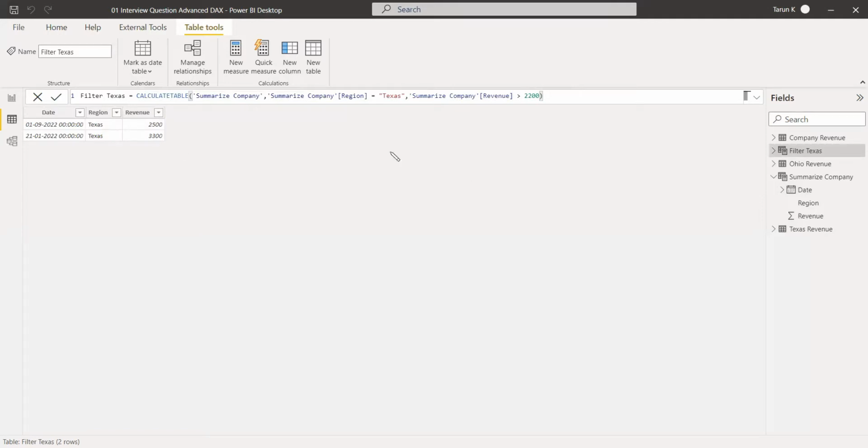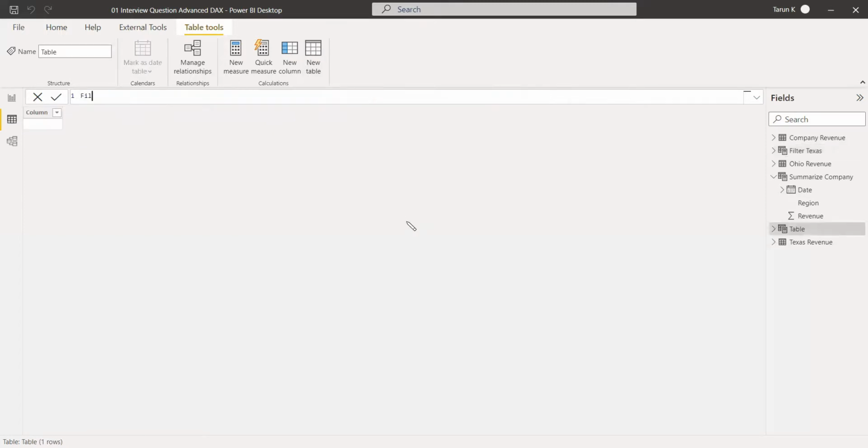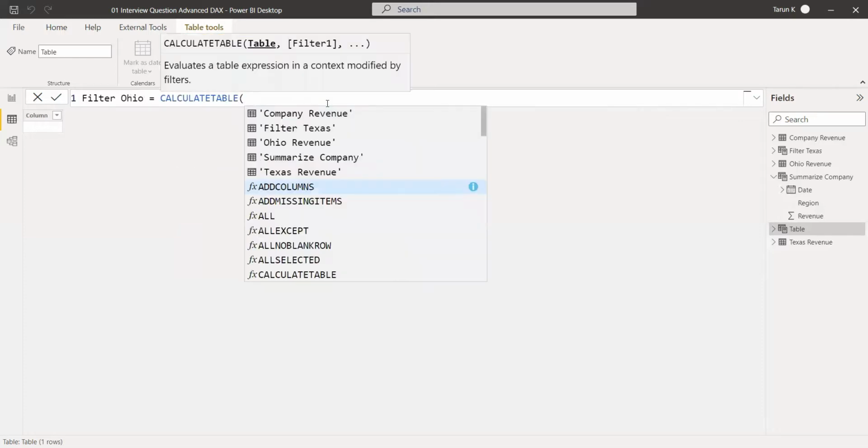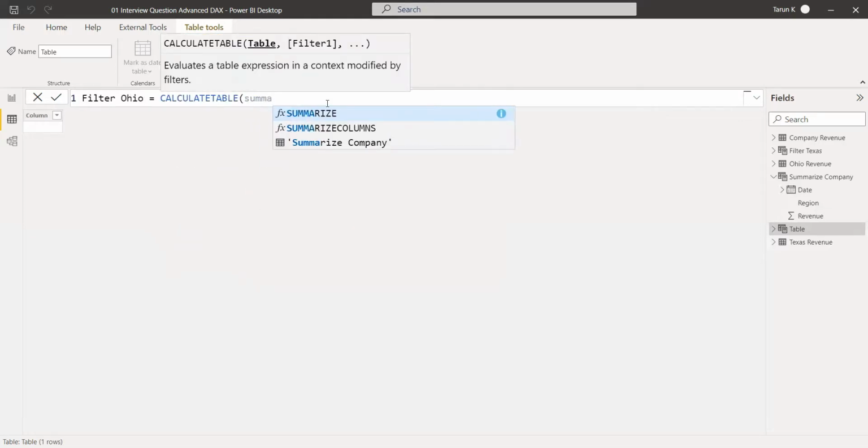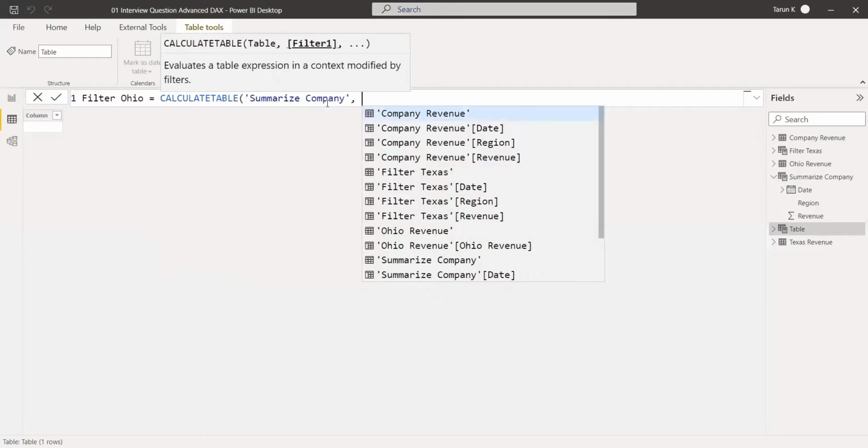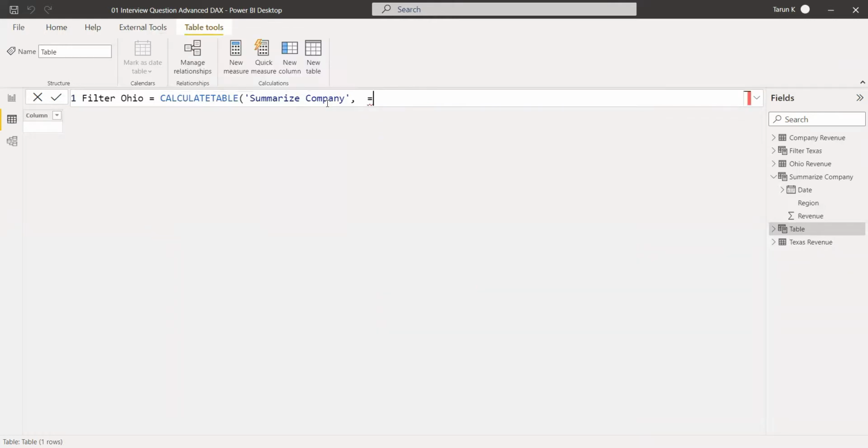The same way you can create another table for filtering the Ohio region also. Create the new table, filter Ohio equals calculate table. You can do the table as summarized company, and you can give what all you need to filter. The first one to filter will be the region. So region equals Ohio,